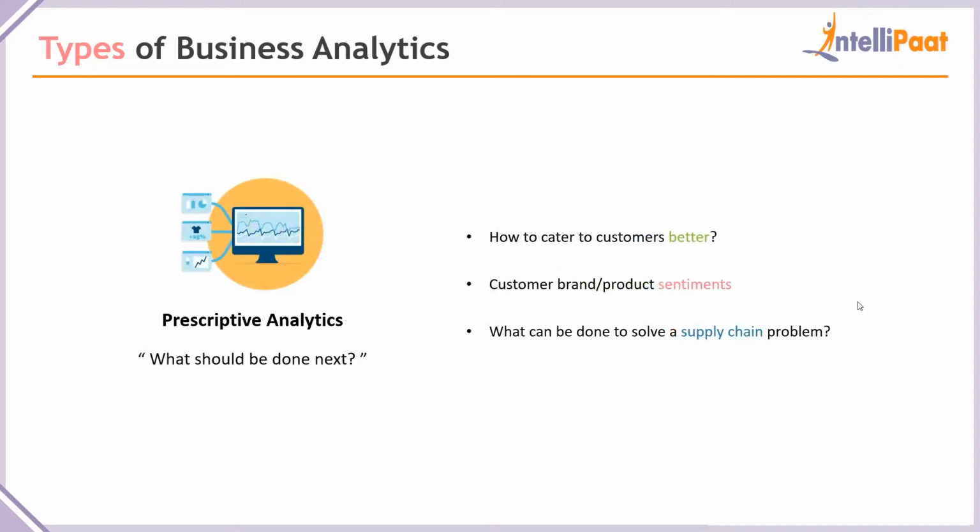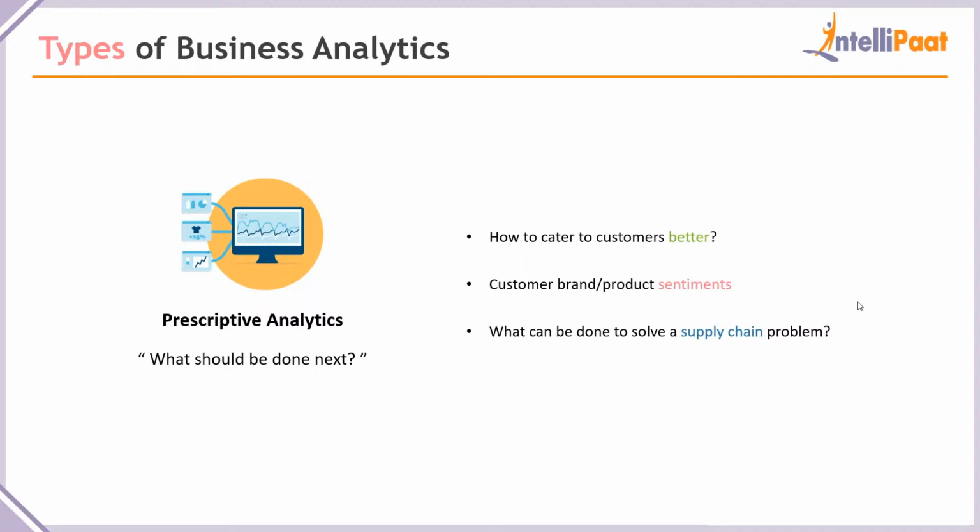There's another one, called prescriptive analytics. This is the third type of business analytics that you should know about. It talks about what should be done next. Well, you might say, hey, isn't this very close to predictive? The answer is yes. It's pretty close to predictive analytics, because here again we are trying to solve a problem by checking out what's going to happen in the future. But here, instead of what and why, we are concerned about the how. We are trying to prescribe the solution to a problem.